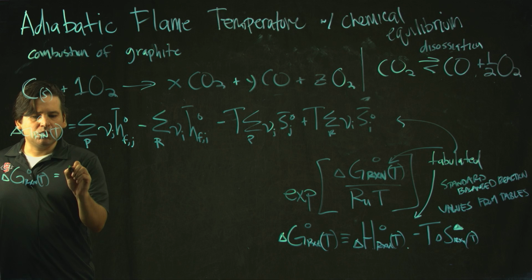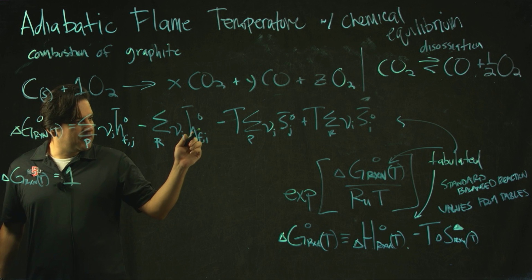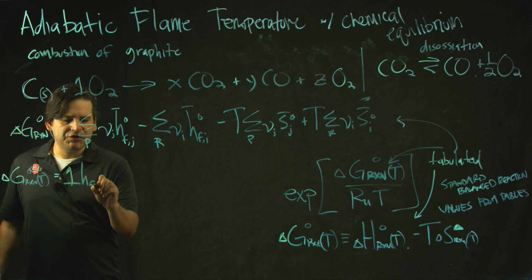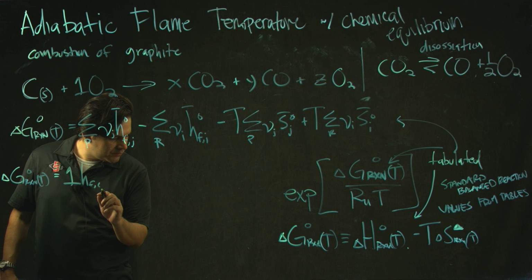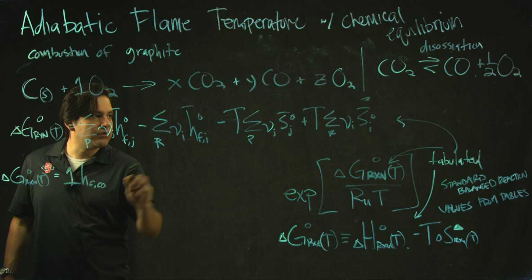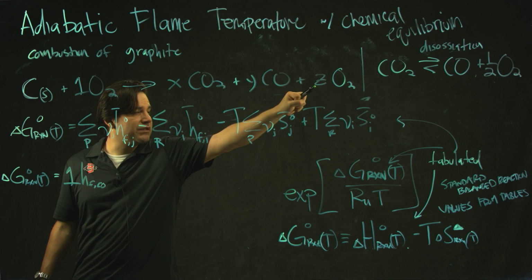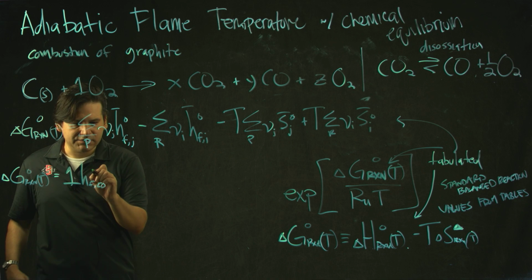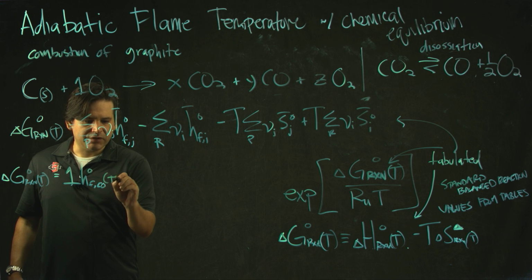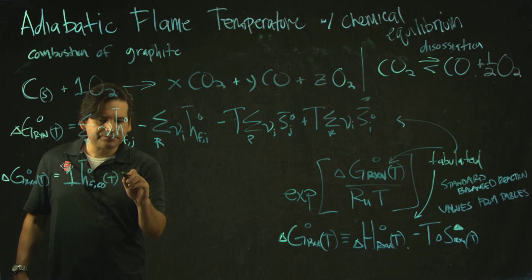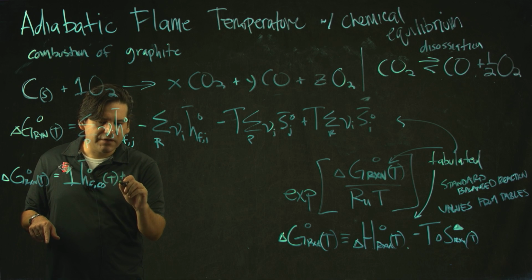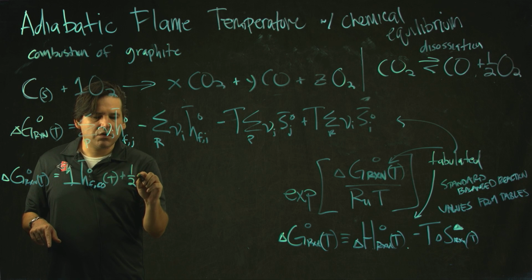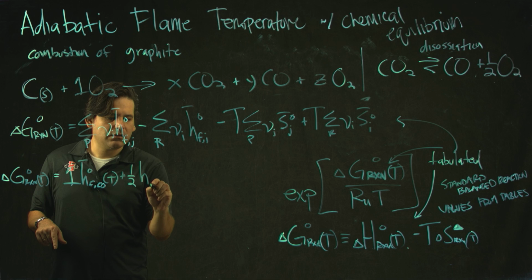Okay, this is 1 mole of CO2 formed times the enthalpy of formation for CO2. I mean, this CO is a product. CO2 in this, we're starting from CO2 as we defined it. Then there's an equilibrium where it dissociates to form CO. This is a product in this case. At some temperature, it's not the standard temperature. We're at some final temperature. And the coefficient for the oxygen